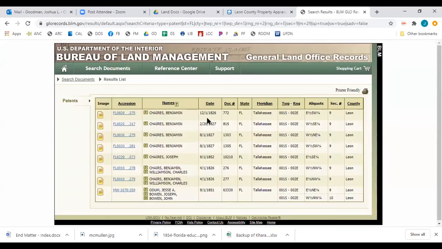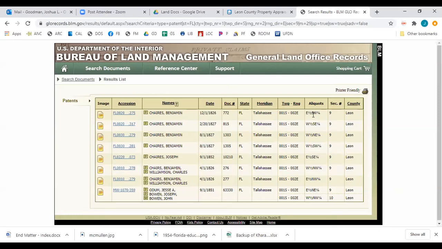Praise heaven. Okay, now, as I look through here, what this is showing me is all of the times that the federal government patented out a piece of land directly from federal government ownership and titled that out to a private individual. And remember that we're looking for the western half of section 9. And remember, we looked at it and it looked like it was in the northwestern quarter of section 9. So let's look over here where it's listing out all of these land patents, and let's see if we can find anything about the northwestern quarter.